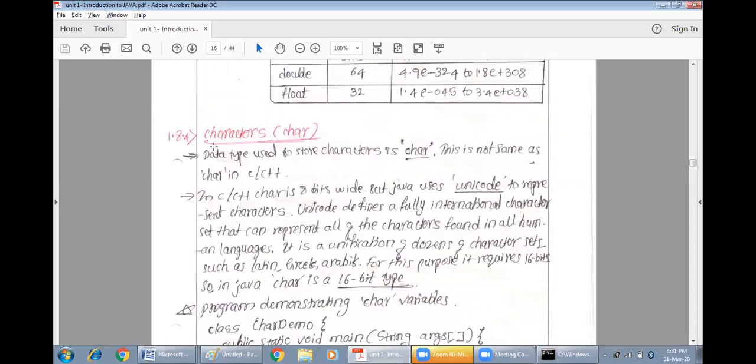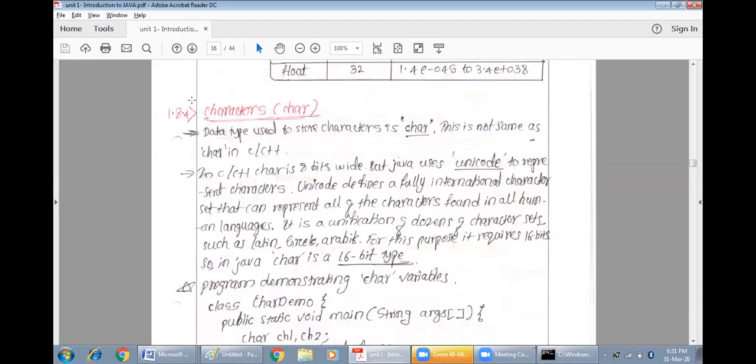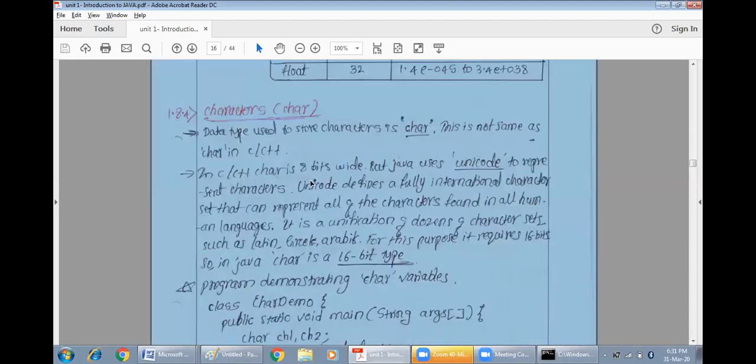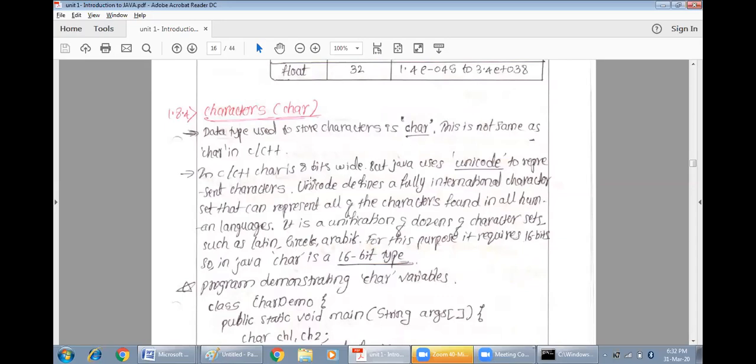The next data type is the character data type. In C and C++ a character is a single character, but in Java character is something like Unicode. So we refer to the term Unicode when we talk about characters. In C and C++, character is 8 bits, but in Java it is 16 bits wide. Why?